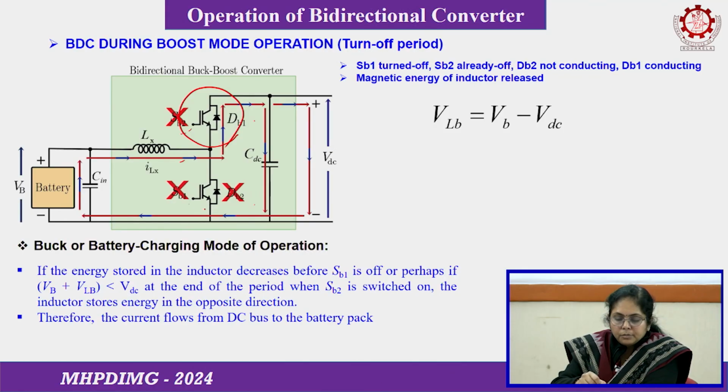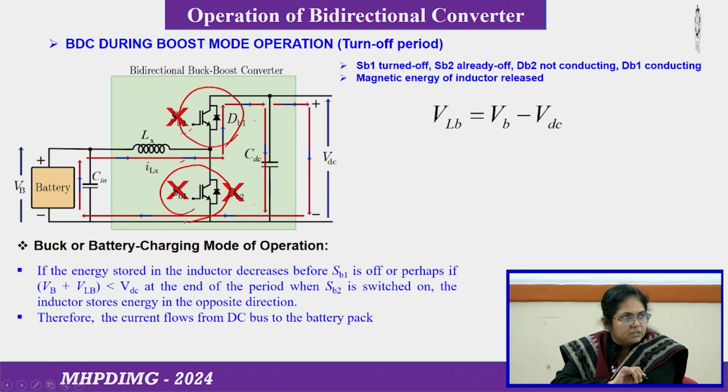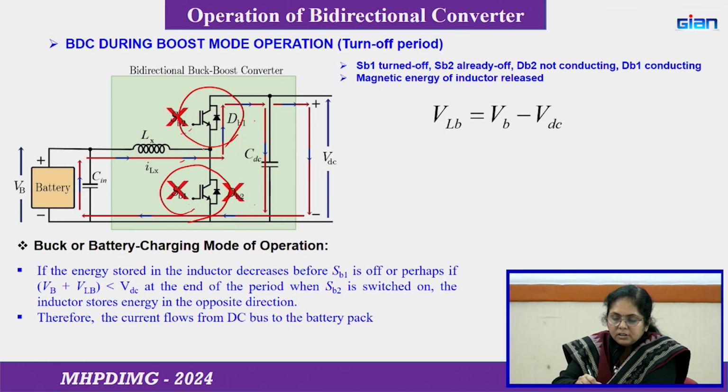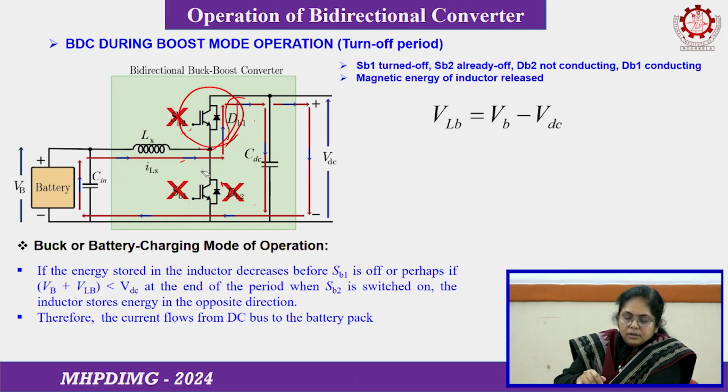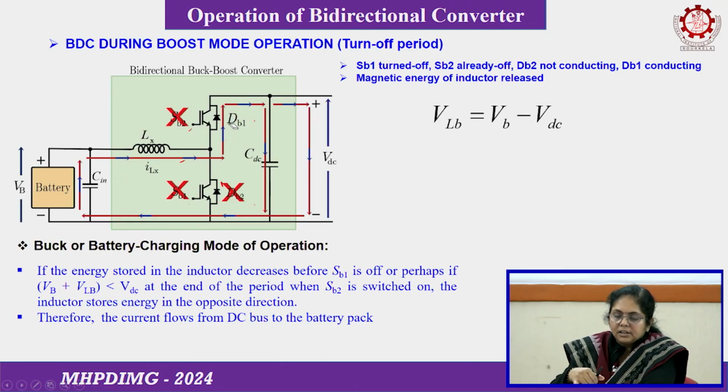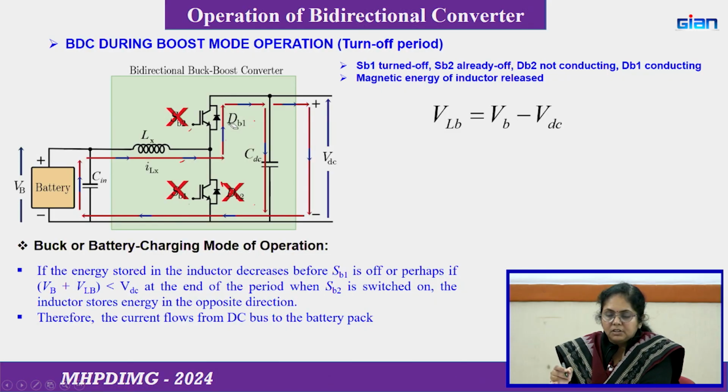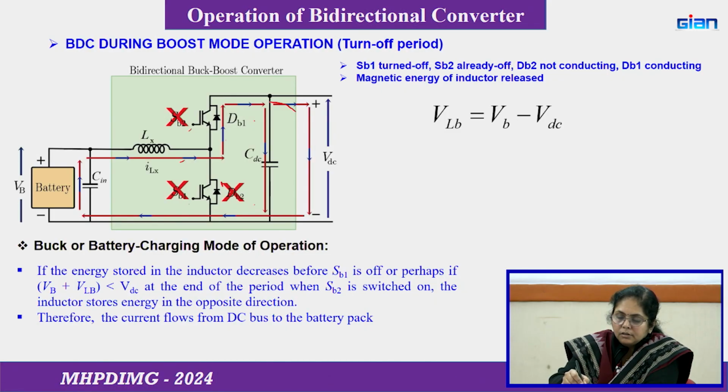In the boost mode the lower switch is operating and the upper switch is completely off. When the switch is on it is conducting, so the inductor stores energy, and when the switch is off it flows through the upper switch body diode. But the reverse is the case when we are going for the buck mode, that is the battery charging operation, where the power will flow from